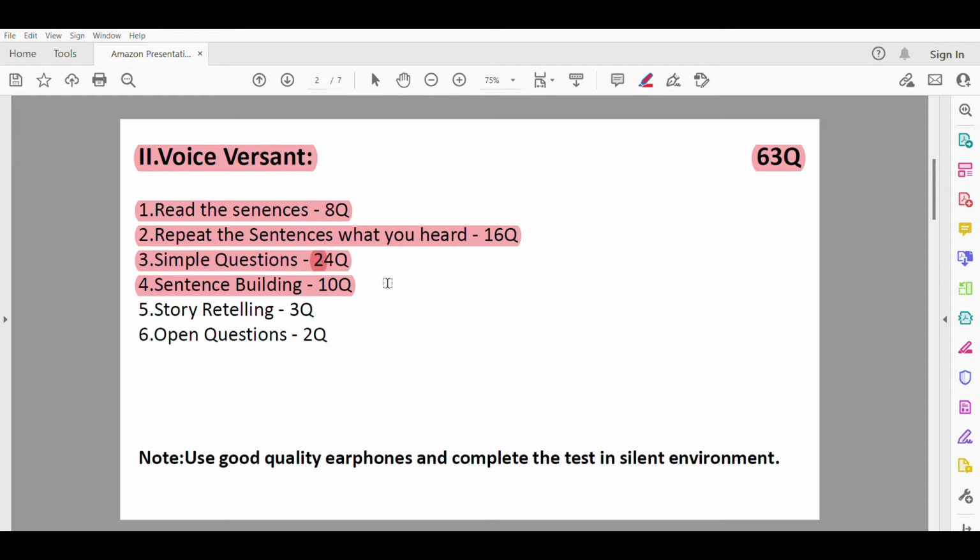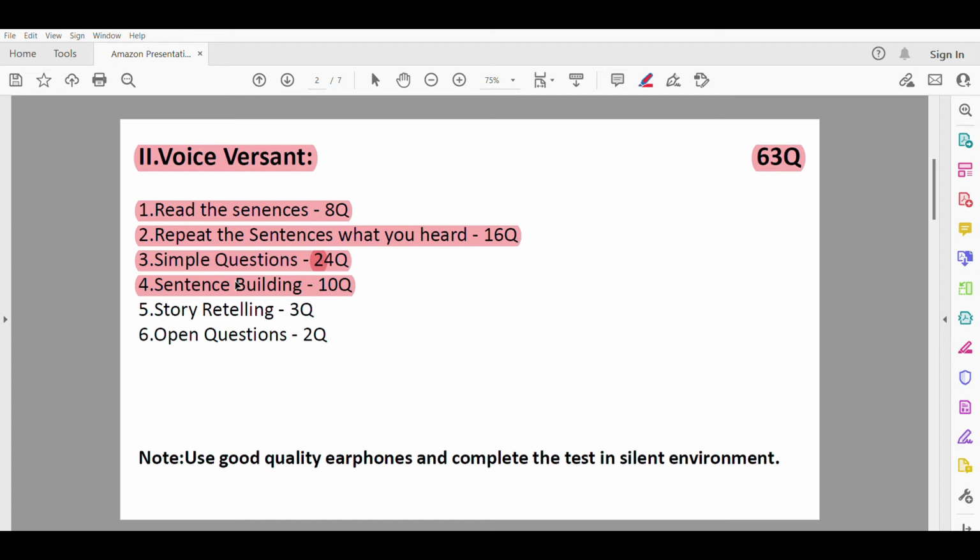Suppose they ask a question where the answer is, I am going to Delhi. They said, to Delhi going I am. So we hear these parts and we have to answer, I am going to Delhi. This test comprises a total of 10 questions. You have to answer very carefully because sometimes we may lose the connection and not hear the option. So please listen carefully to the sentences they said, and answer the question carefully.